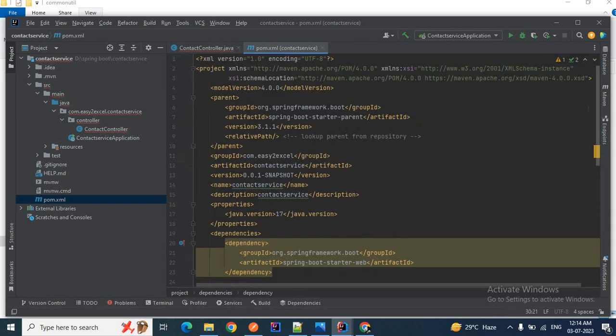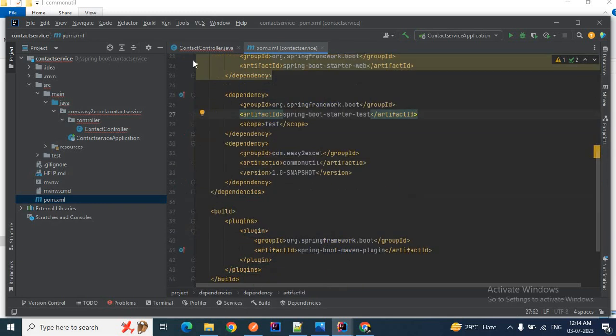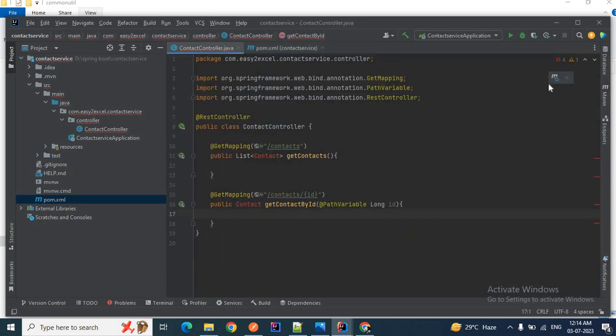Clear? So let me save this one. Let me go to the contact controller again. Let me reload this Maven. Maven dependencies are resolving as we have added a new dependency in our pom.xml. Okay, it is done. Now if I hover over Contact, you can see com.eg2excel model.